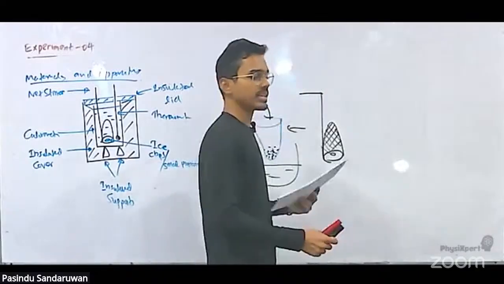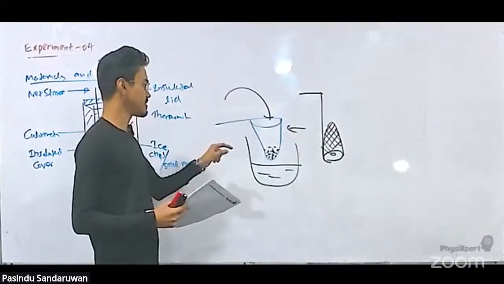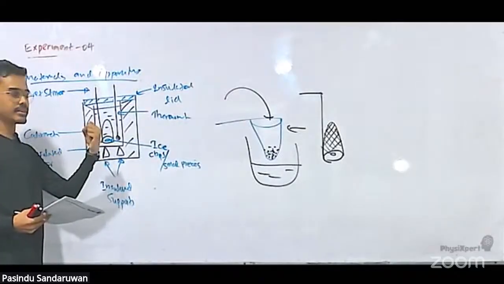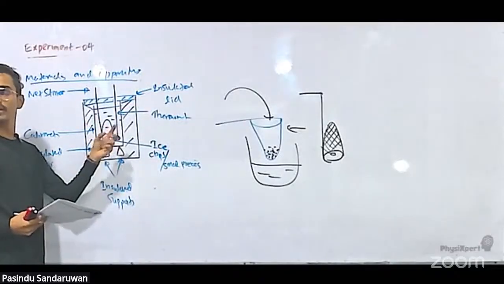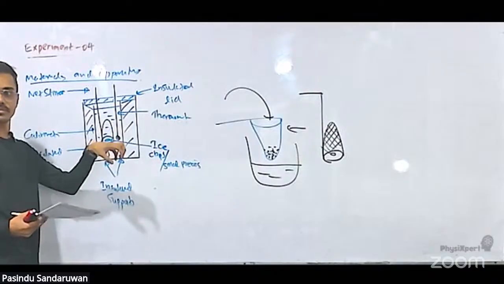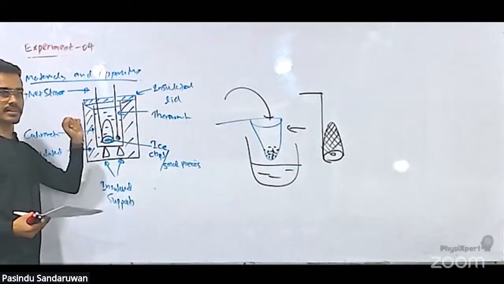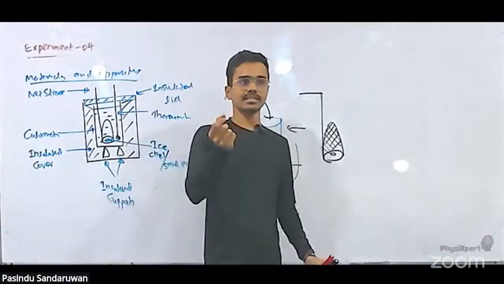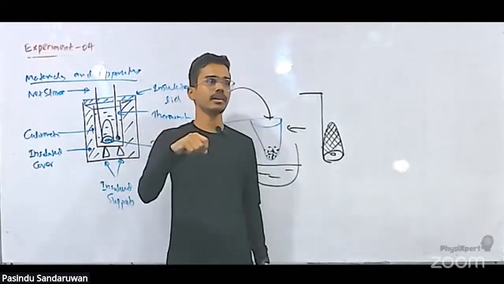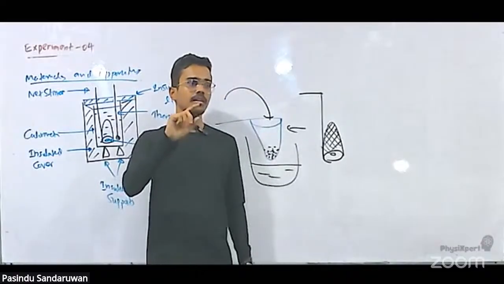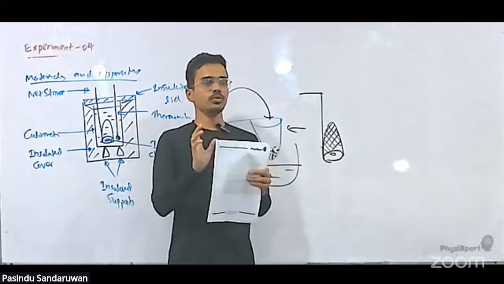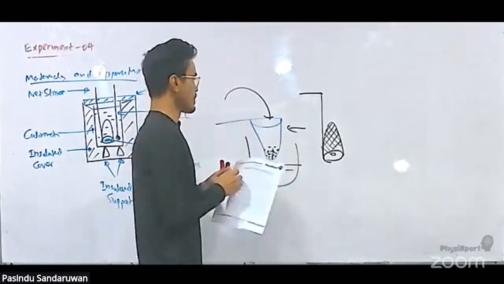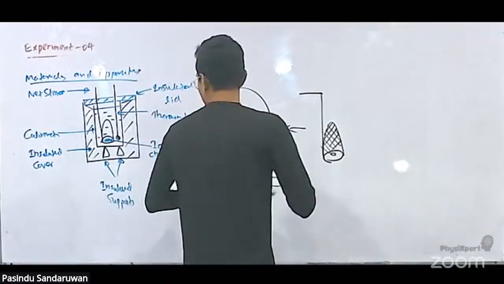Now what happens is, right? This ice cube is going to absorb heat from water, no? And it is going to melt. Ice melts. Right? So likewise, we will be adding ice pieces one by one, right? One by one, only one at a time. After removing water from filter papers, you have to add them one by one, and finally, these